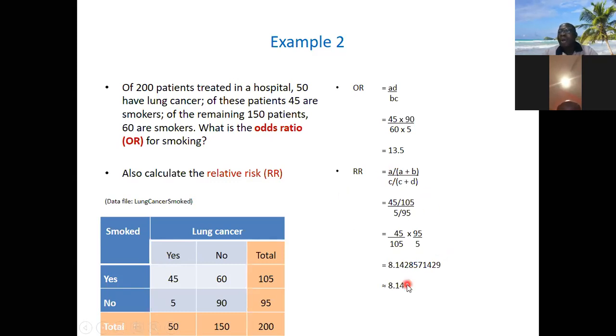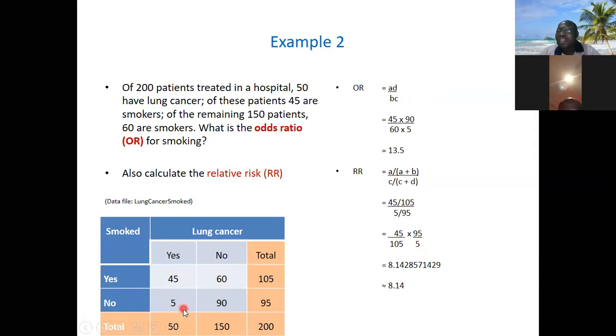And the reason there are two approaches to it is that the odds ratio can be calculated for case control and cross-sectional study. It can also be calculated for other things also. So let's just look at the simplest way. This formula here is just a shortcut. But to demystify the shortcut,